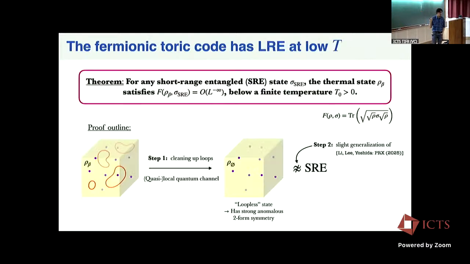And what we showed is that indeed it does, that we can prove that at sufficiently low temperatures, below some Tc, if you look at e to the minus beta h, this is a state that does have long-range entanglement. In this definition that I gave, which is that you cannot write it as a statistical mixture of short-range entangled pure states.